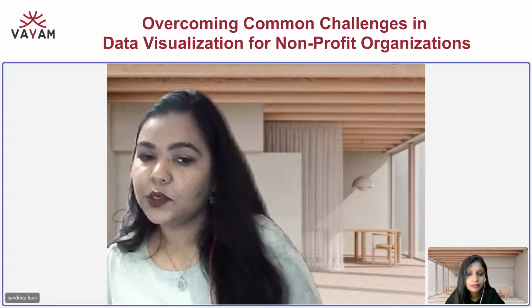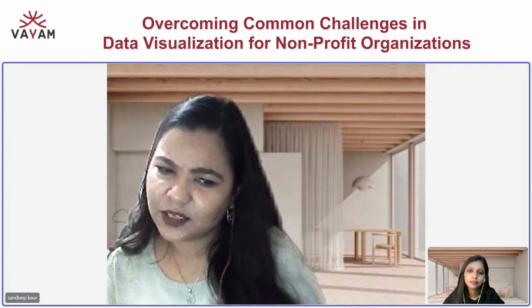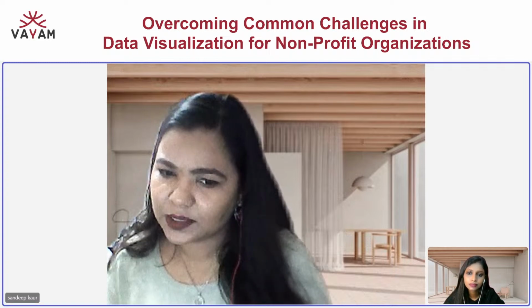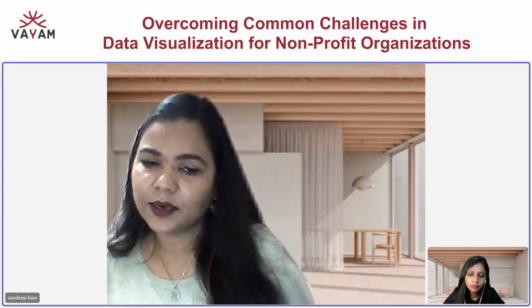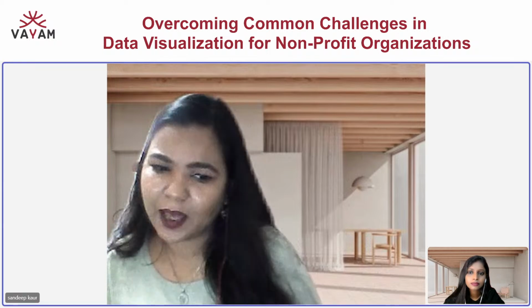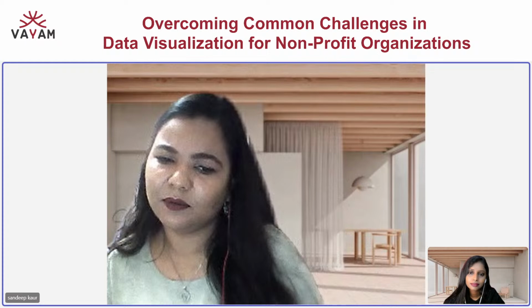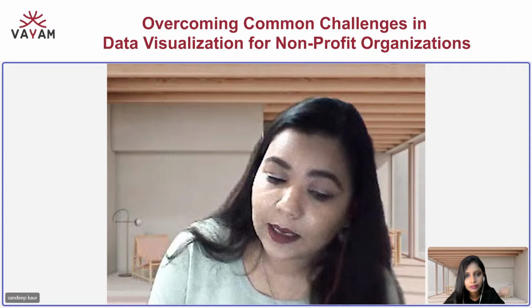In any way, it allows non-profits to transform raw data into meaningful insights, making it easier for decision makers to understand trends and outcomes. So, through clear visual representation of data, non-profit organizations can identify which program is performing well, which needs more adjustments, resource allocation, quick changes and challenges that they want to work upon, and can show the impact in a broader way, can develop more strategic plans based on the visualized data trends.